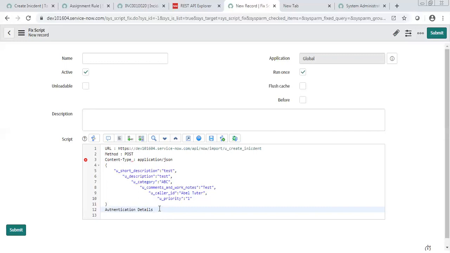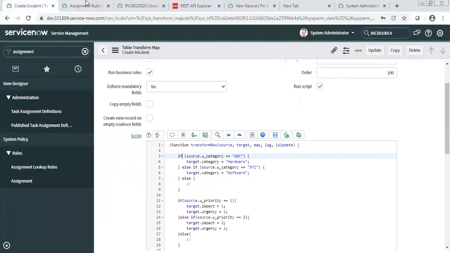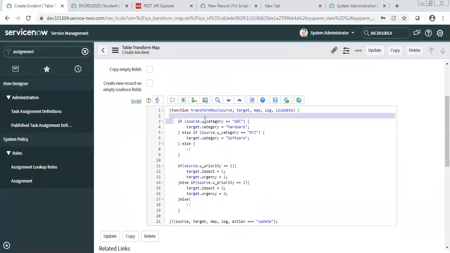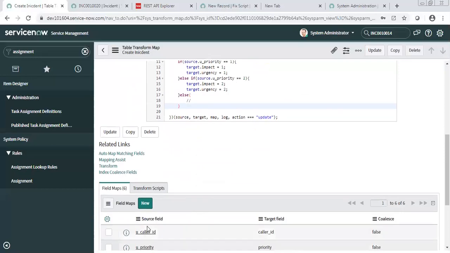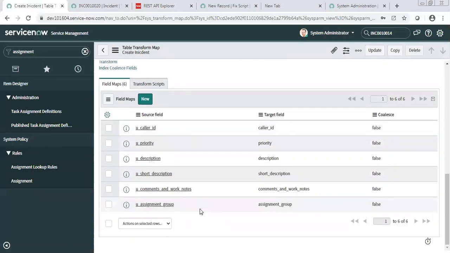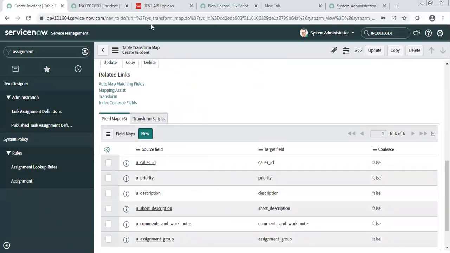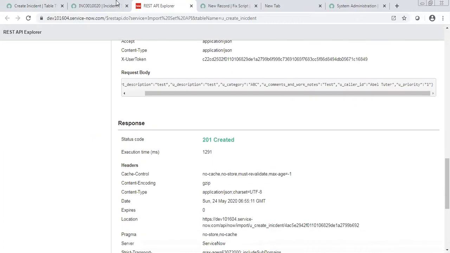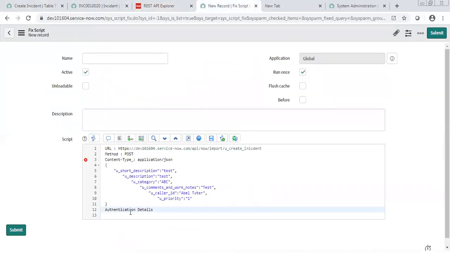Then based on that, you need to work on the web services design part. If it is an import set, then you need to create an import set table, and maybe write some code in that based on the discussions you have. Like we have written a sample code here, then some field maps and all those standard things. Once you are done, you can test it through REST API Explorer or Postman, and then ultimately share these things.